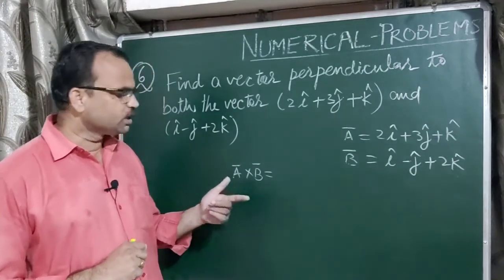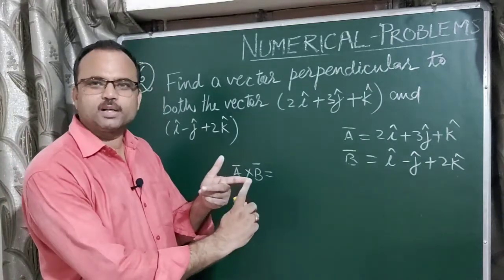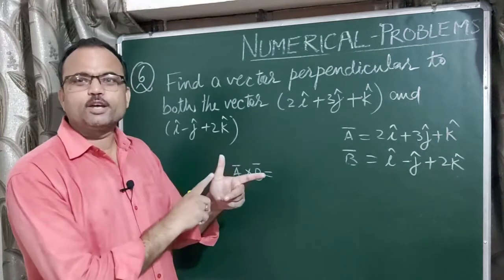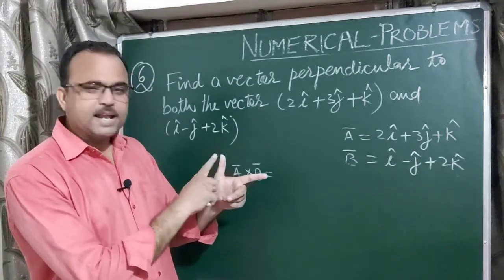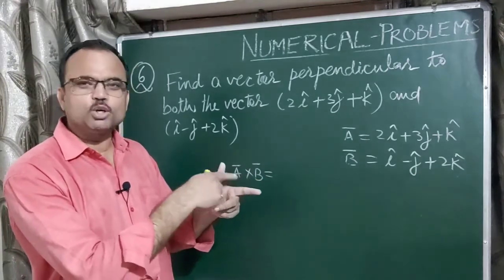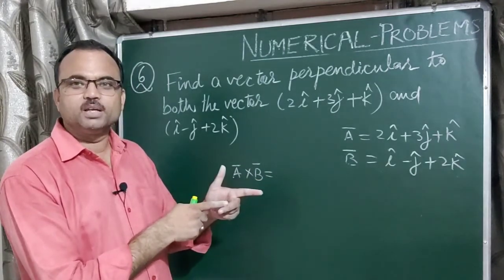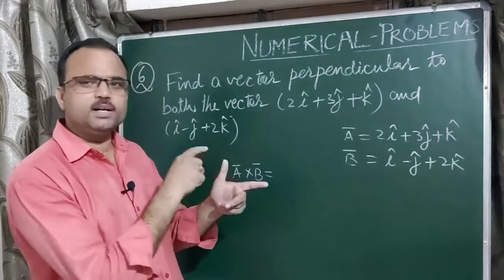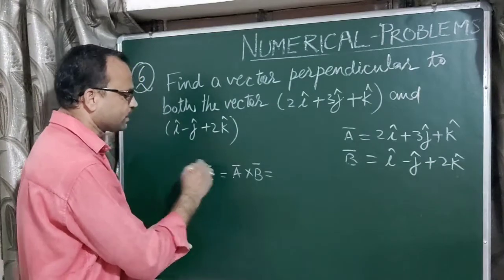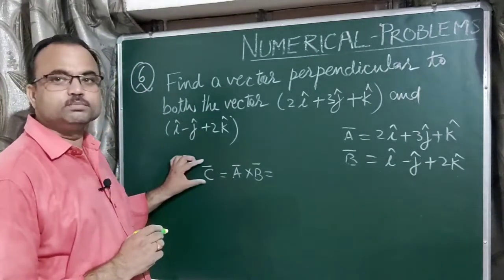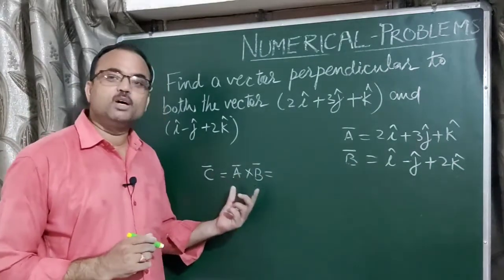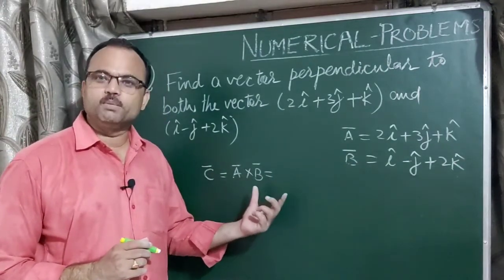As we know, A vector cross B vector is perpendicular to both A vector and B vector. As we study in theory, suppose this is the A vector, this one is B vector, then this will be A cross B, meaning the direction of A cross B is perpendicular to both, perpendicular to A and perpendicular to B. It means we have to find the value of this. Or suppose this equals C vector, meaning we have to find the value of C. Now the problem is how can we find the value of A vector cross B vector?